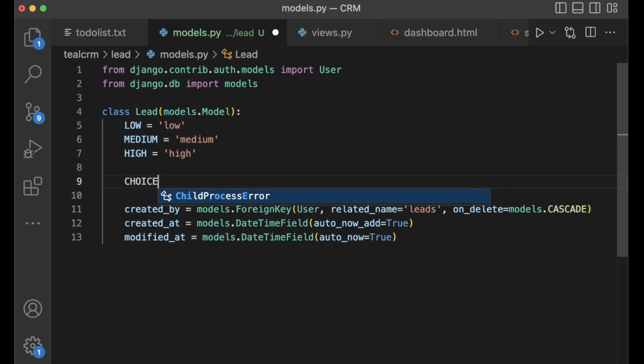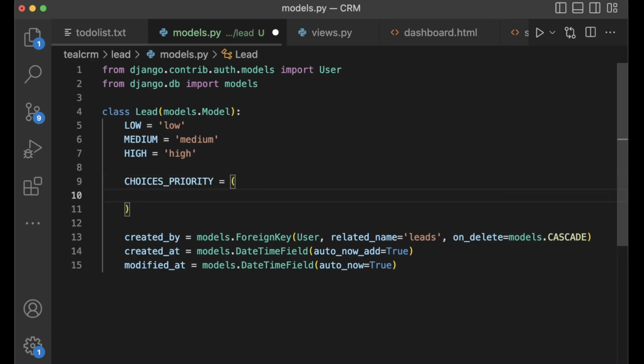So CHOICES_PRIORITY, create a tuple, and then low. Now we set low. And this low is the label we will see in the forms and in the admin area. And this is the value that we save in the database.